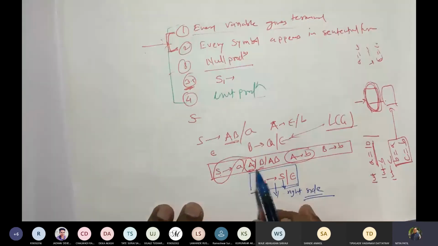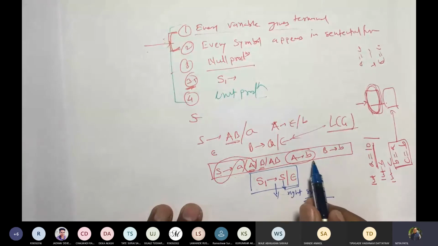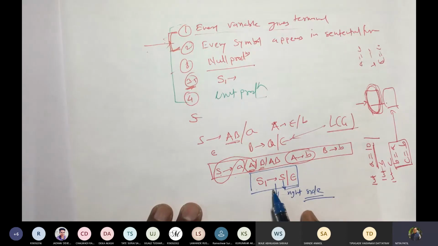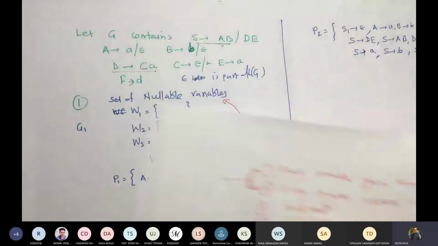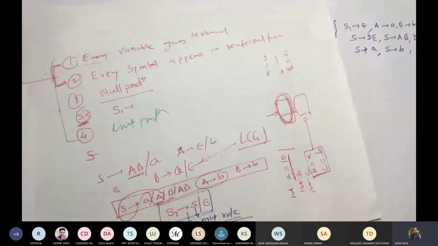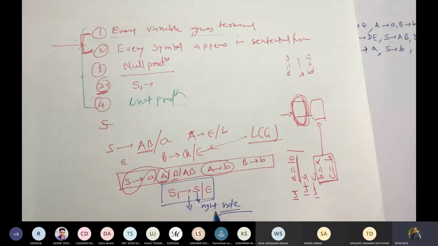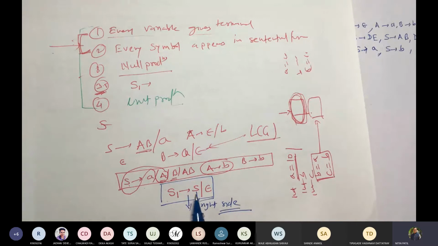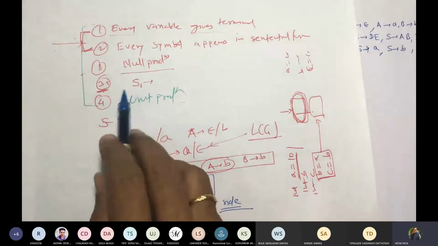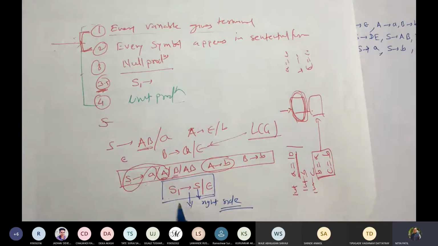So if I go with this, do I see S occurring towards the right side of the production? No. Correct. That is the reason for the statement: if we have to preserve epsilon, then the start variable must be nullable and occurring on the right-hand side of either of the productions. We introduce S1, this 3.5, if and only if S is nullable and S is occurring on the right side of a production. Otherwise, S gives epsilon would be kept as it is.